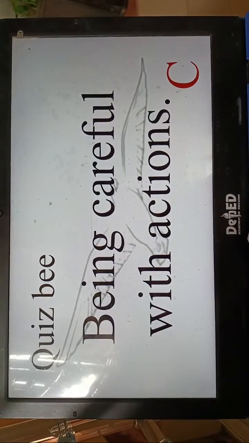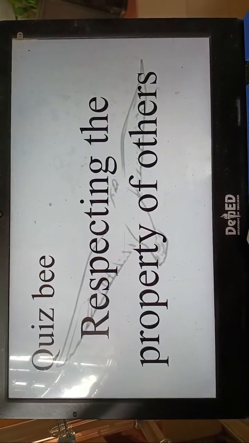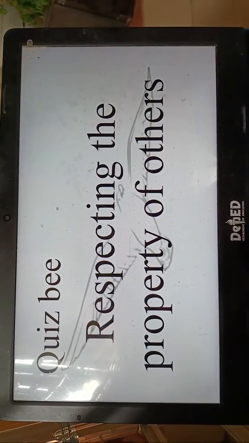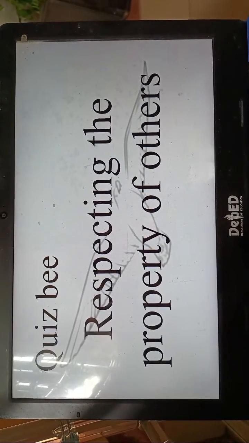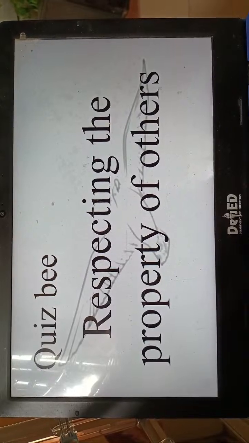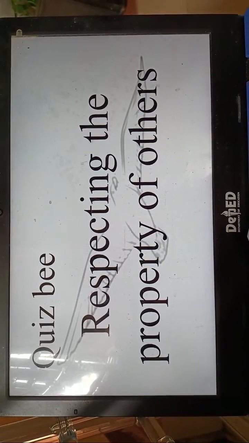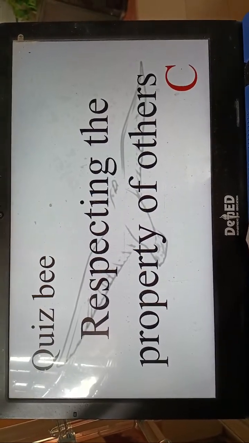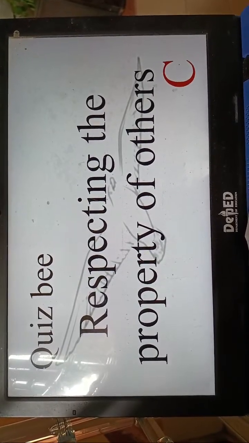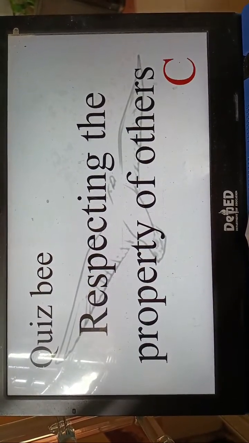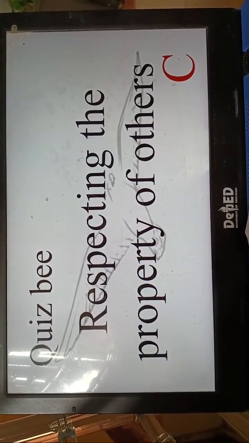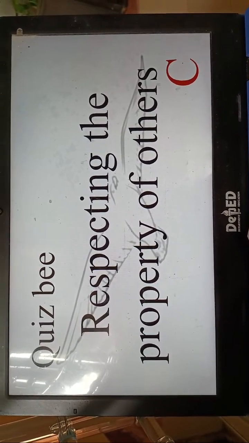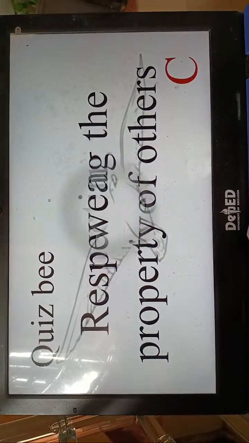Yes, moral. Then, respecting the property of others. If you respect the property of others, how do other people think of you? So this is the exercise of what kind of freedom? Physical, psychological, or moral? It's still moral, because you keep your dignity when you respect others' property. If they knew you as a thief, you would not be trusted. So respecting the properties of others will keep your dignity.